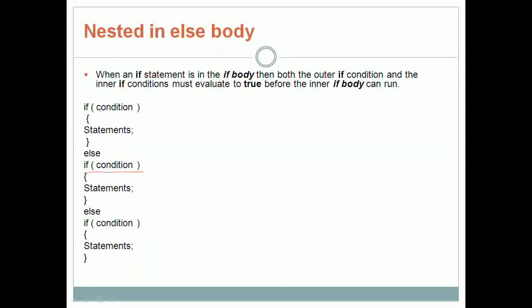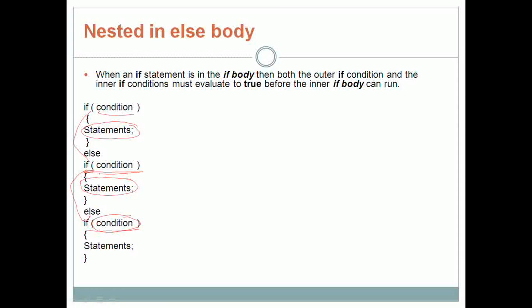So it's nothing but, if the first condition is true, it executes the statements followed by the first if. Otherwise, control is moved to the else block, followed by one more condition, or one more if. If this condition is true, it executes this statement. If this condition is false, the control is moved to the else which is followed by an if statement, and it will evaluate this condition. Now it's nothing but else if, which is called an if else ladder.